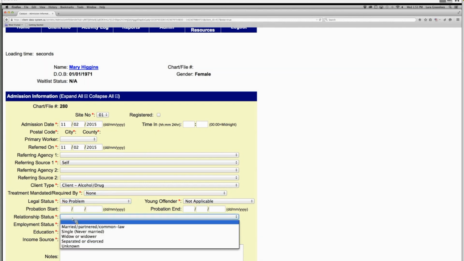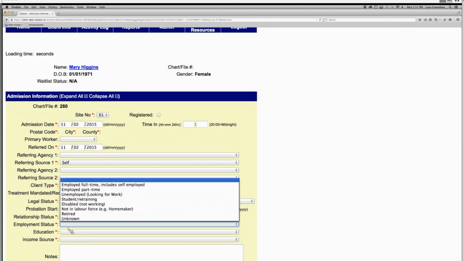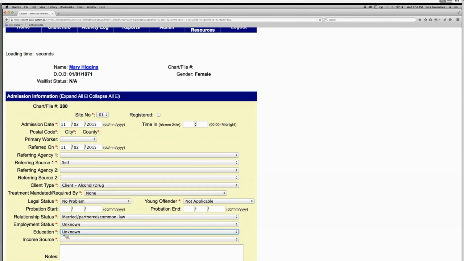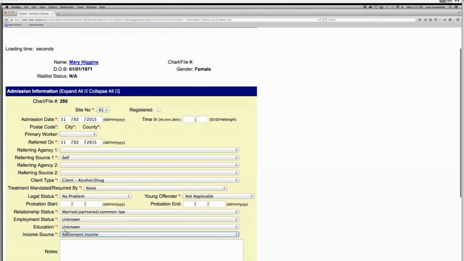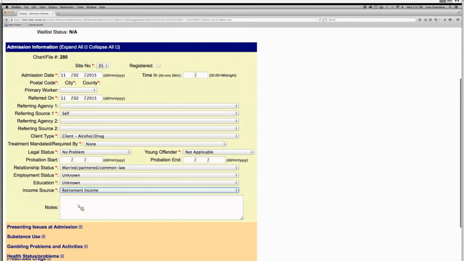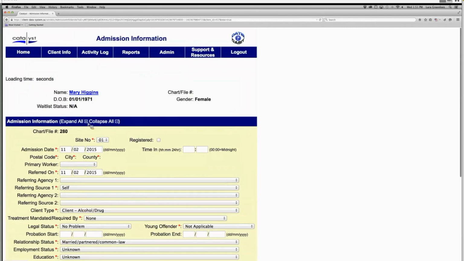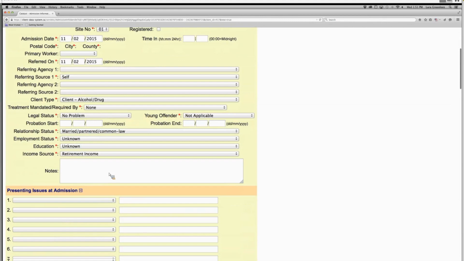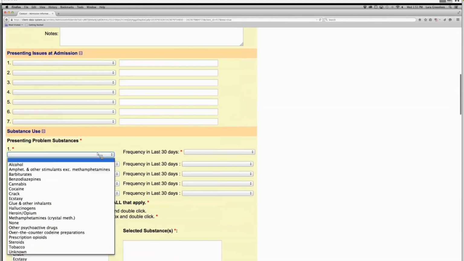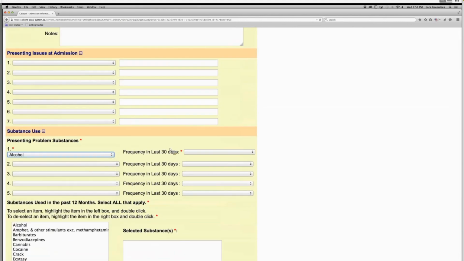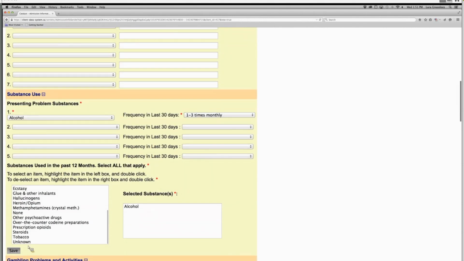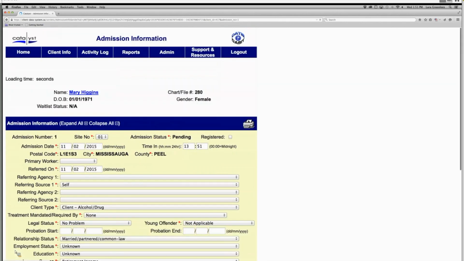So while Laura's doing that, I'll just talk about a couple things. She'll point out as she goes through, there are additional save buttons on this screen. It's a very long screen, so we encourage you. It times out, I think, after 30 minutes, but it's important, especially if you happen to be talking to the client at the same time, to use the save buttons. Once that is done, the status at the top is actually going to change, and she's going to point that